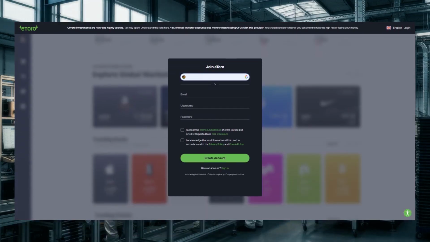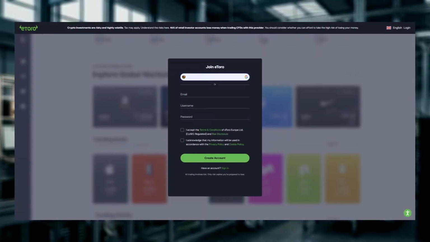To trade ALBIZ.PA, you need a broker account, and we will use eToro as an example to show the process. After registering, you must verify your account, usually with an identity document, and add funds before you can place a